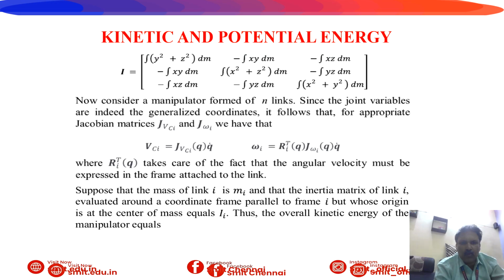Then R_i transpose(q) takes care of the fact that the angular velocity must be expressed in the frame attached to the link. Suppose the mass of link i is m_i, and that the inertia matrix of link i, evaluated through the coordinate frame parallel to frame i but whose origin is at the center of mass, equals I_i. Thus the overall kinetic energy of the manipulator equals